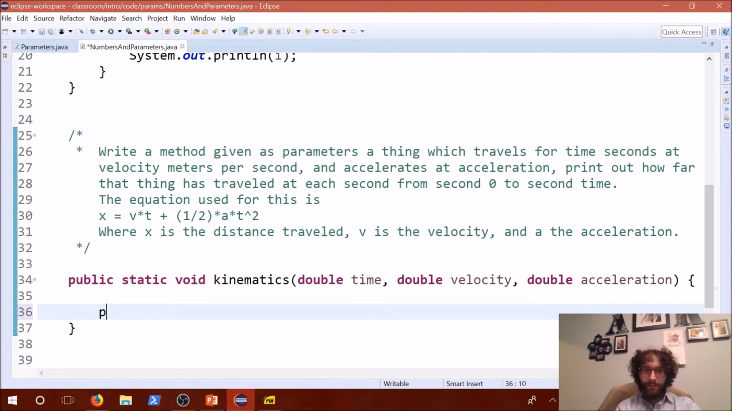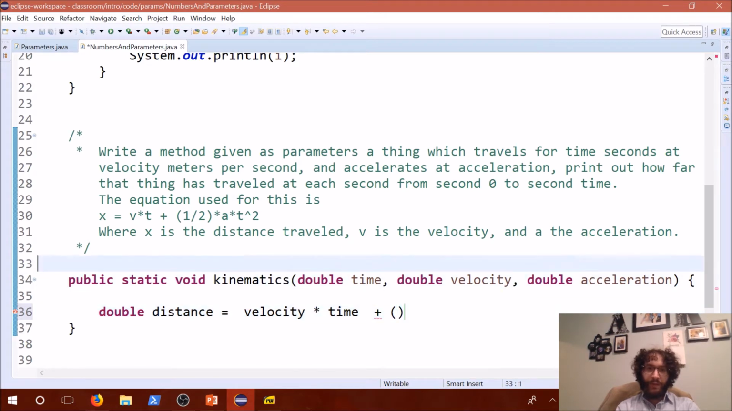So let's go and say double distance is equal to this equation, which is velocity times time plus 1.0 over 2, right? And we can't just do 1 over 2 like we normally would, because 1 over 2 becomes 0. So here we're going to go 0.5 times acceleration